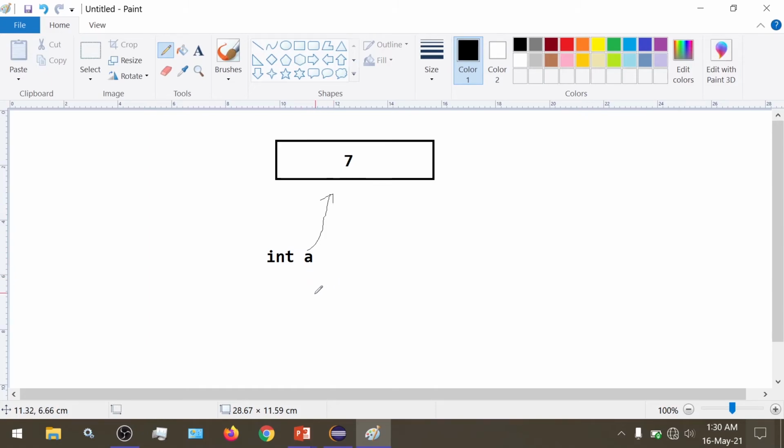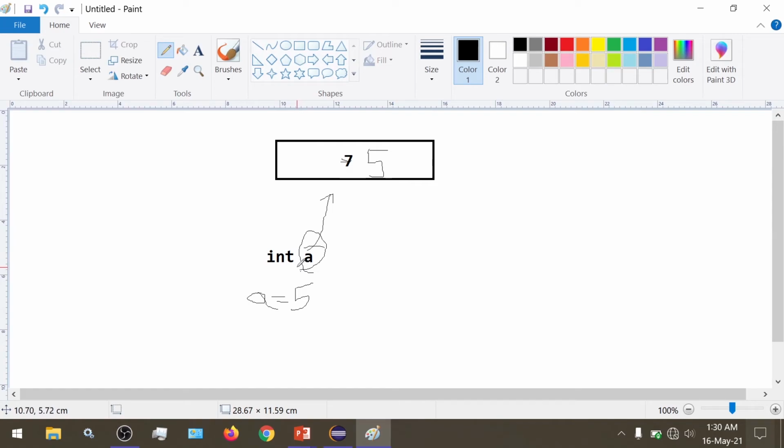So now at any point, if I write the statement a assign 5, then the value of a would not be 7, but it would be changed to 5. So this is the concept. So here we have seen the definition of a variable. Variable means something whose value changes. So here the value of a changed. It can change infinite times. As long as we want, we can change the value of a. So hence the value of a changes, or the value varies.